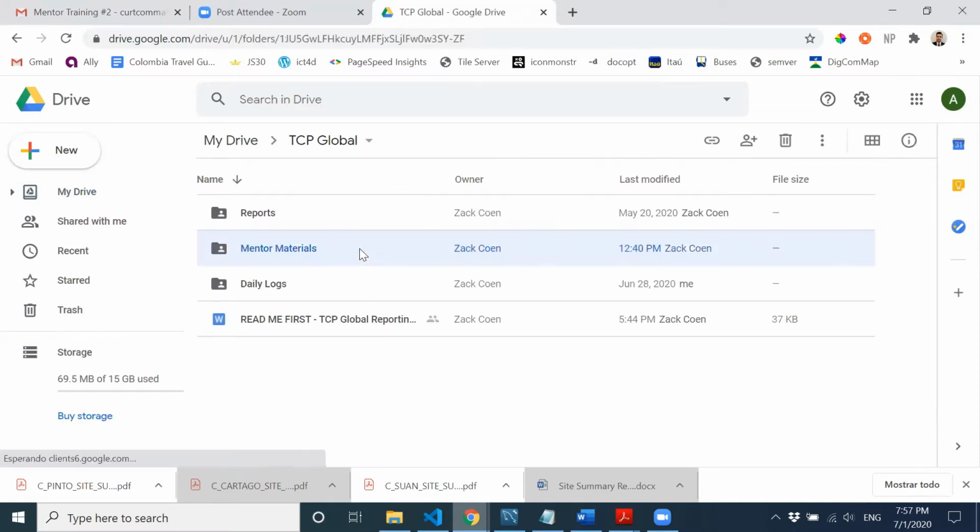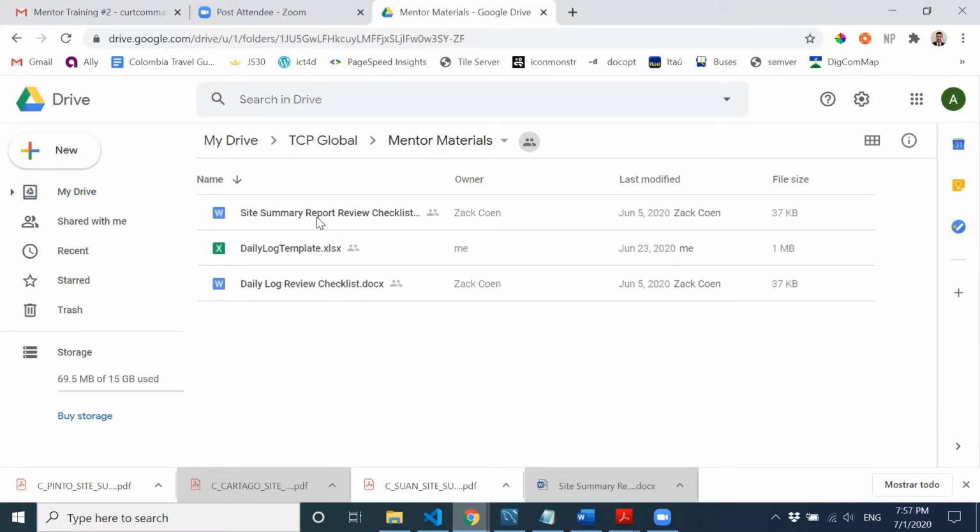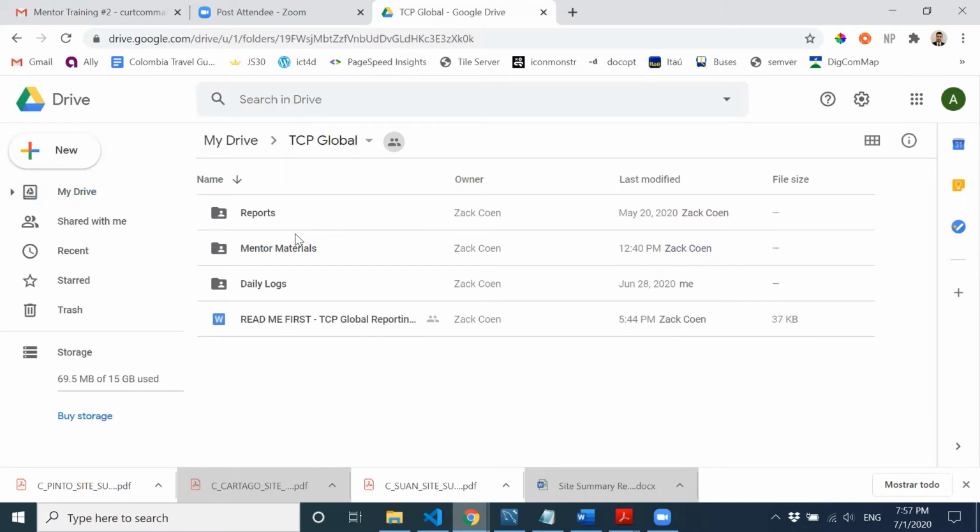We already looked at the midterm materials with a site summary report checklist and things like that. There are also two other folders. One is reports, and the other is daily logs. So once you've done the error checking and gone through the checklist that Zach just talked about, then next comes time to submit the report, and that would be under